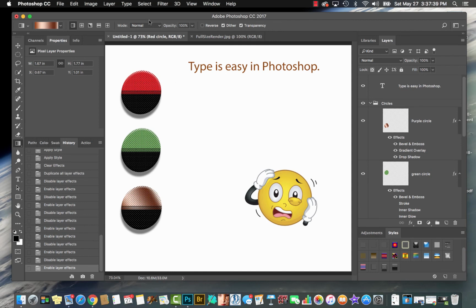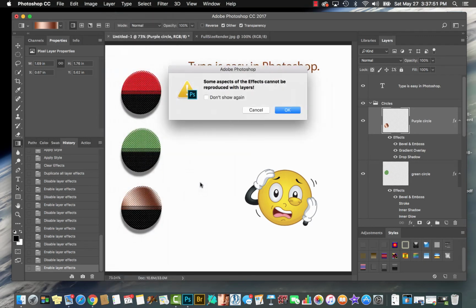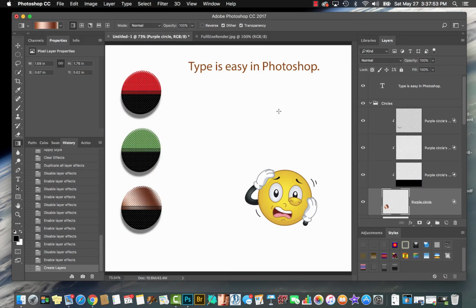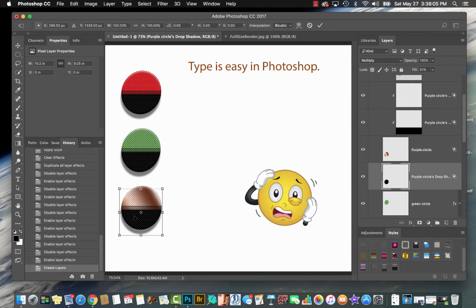I'm going to come in here and tell it to, and this is very cool stuff, I like this a lot. I want to come in here and tell it to go to layer style, create layers. Okay, it's going to put all those layer styles for that layer on separate layers, including the drop shadow. So that is cool, because if I want to come down to the drop shadow layer